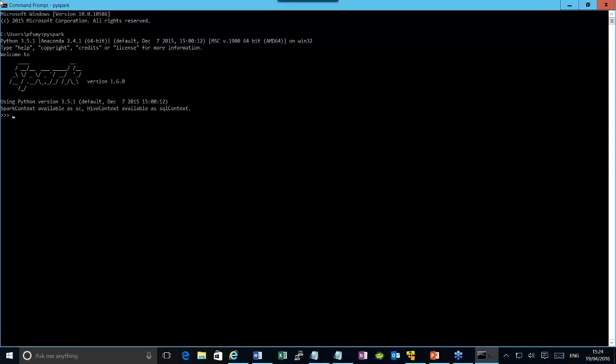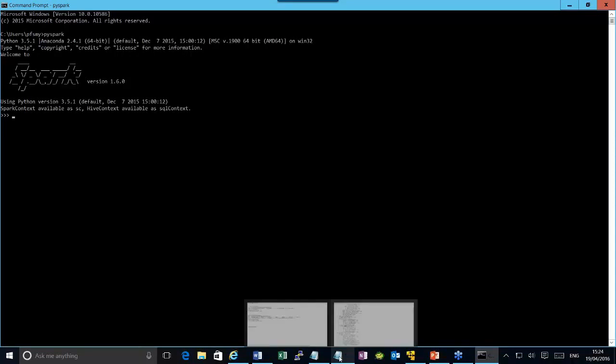And when it all loads up, you just get a little splash screen, I suppose, saying what version of Spark you've got. So we've got, that's a default version 1.6.0, and you just get a little prompt. Nothing else. It tells you some of the things it's done. It's got something called a Spark context available as SC and a Hive context available as SQL context. Now, for this, all I want to do is demonstrate that this actually works. So what I've got in this